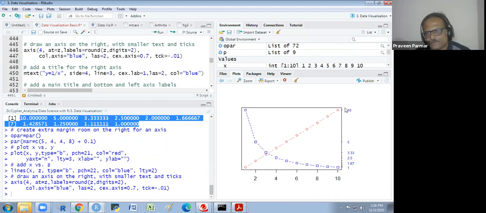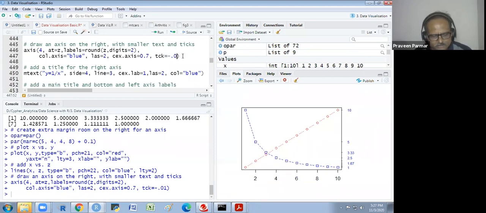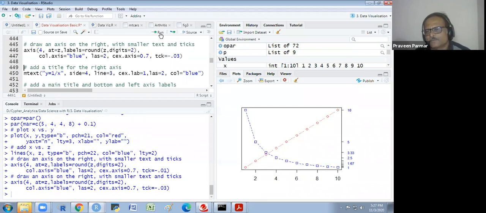Okay. And tick I have taken minus 0.01. So these are the ticks, the length of the ticks. Negative is this side. If you keep the positive, then it would be on the inner side. Got it? So we require the outer side. I could make it 3 and I run this. Got it now? What does it mean by tick? Okay.